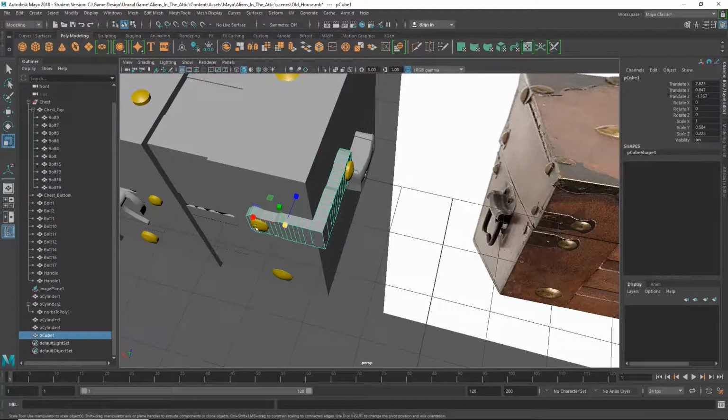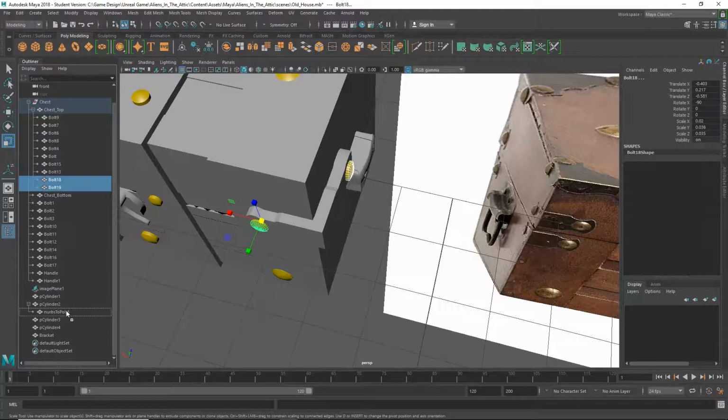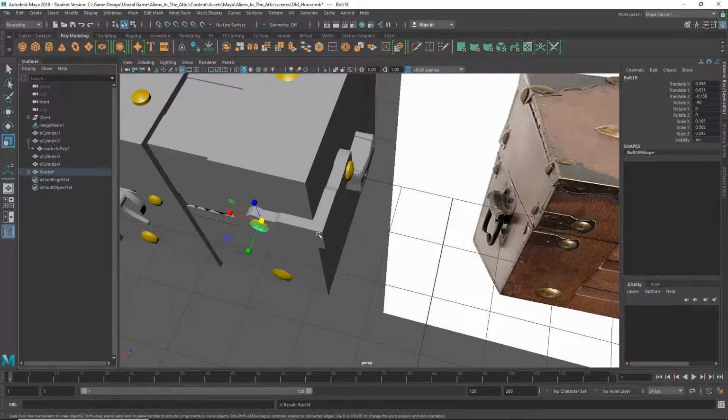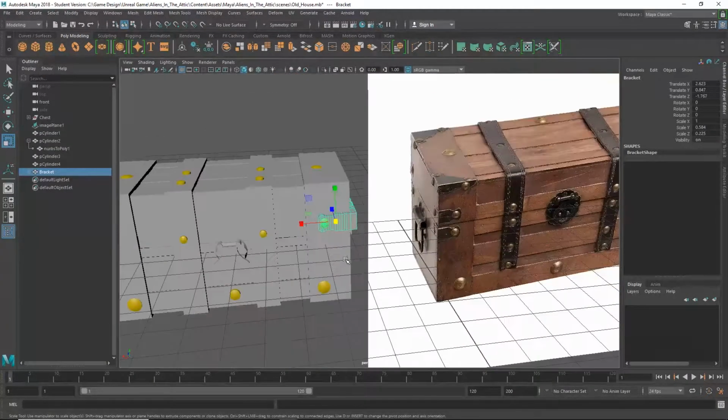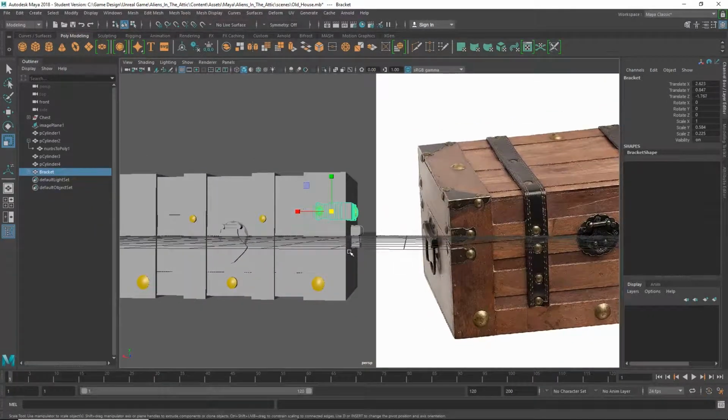In fact, I'd like to get this bracket all organized real quick. So I have this polycube. I will rename it bracket. And then I'll make sure that these two bolts are parented underneath the bracket. Like that. And we should definitely be cleaning up this as we go. It's very important. So now I can take this bracket right here, and I should be able to just duplicate it, Control D, move it down